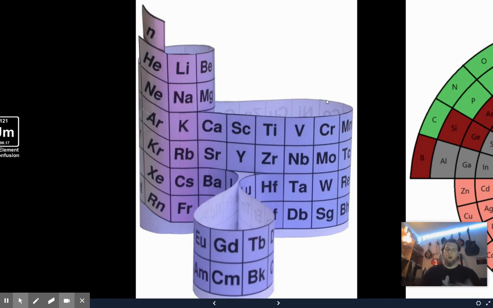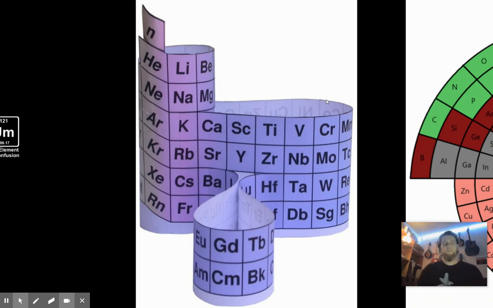So our periodic table is not the only way to organize the elements, but it is a very concise and impressive way that Dmitri Mendeleev was able to put together. And he actually got an element named after him, which is a pretty cool thing. Not many scientists get that.